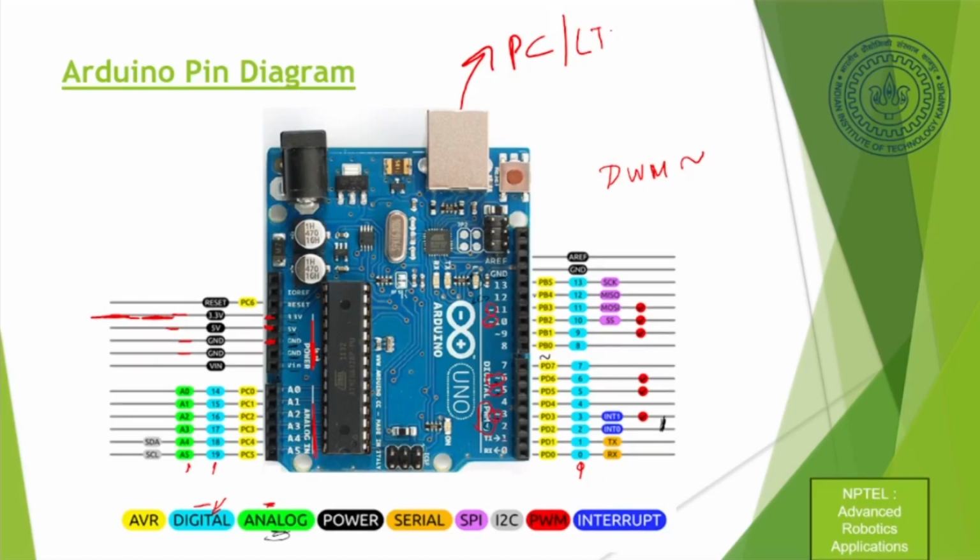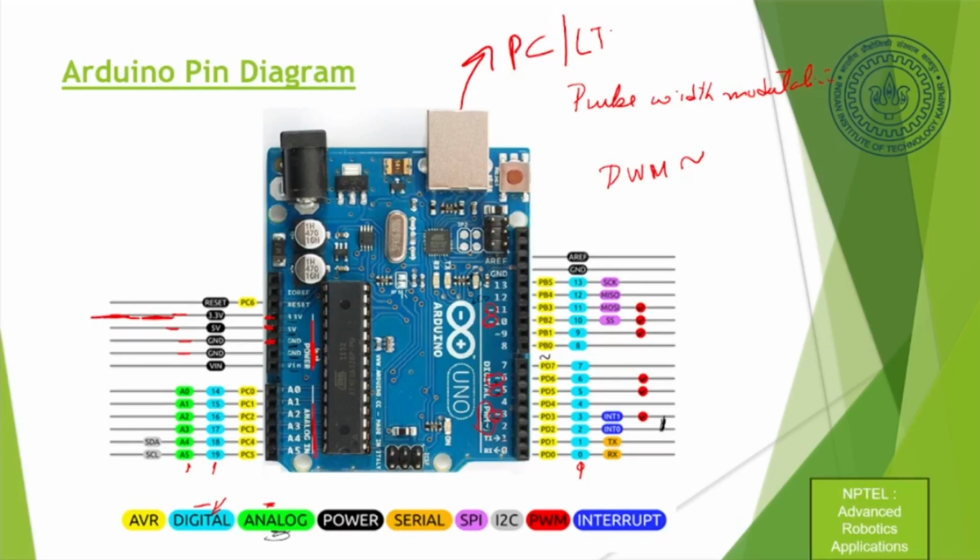What is PWM? It's pulse width modulation. So for driving motors, especially the servo motors, we are going to use pulse width modulation. Okay, I'll just come to what that means. So if you're connecting it to the 3, 5, 6 or 9, it basically understands that this is a PWM pin. Okay, and you're trying to drive a motor on the other side.